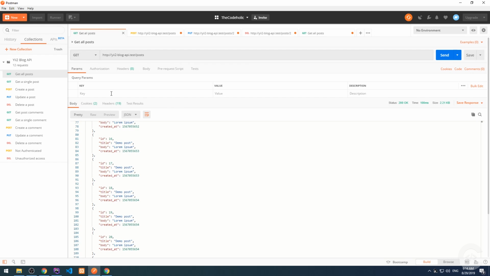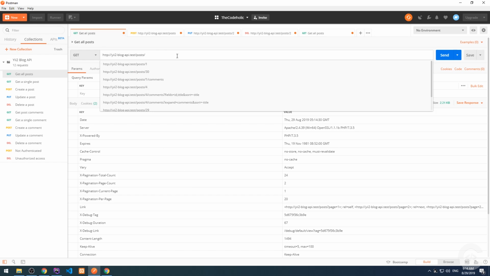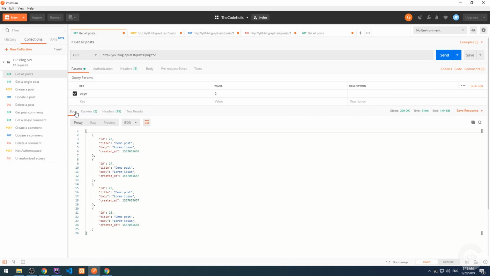And if we have a look at the headers, we see that per page is 20 and the page count is 2 now. We have 2 pages, and thus we have the possibility to go to the second page. This can be done by specifying a query parameter page is 2. And we are getting the second page, the current page changes into 2, and the body returns only 4